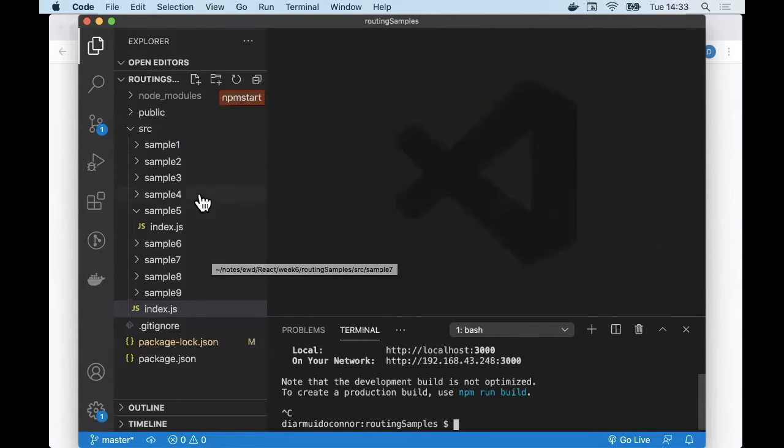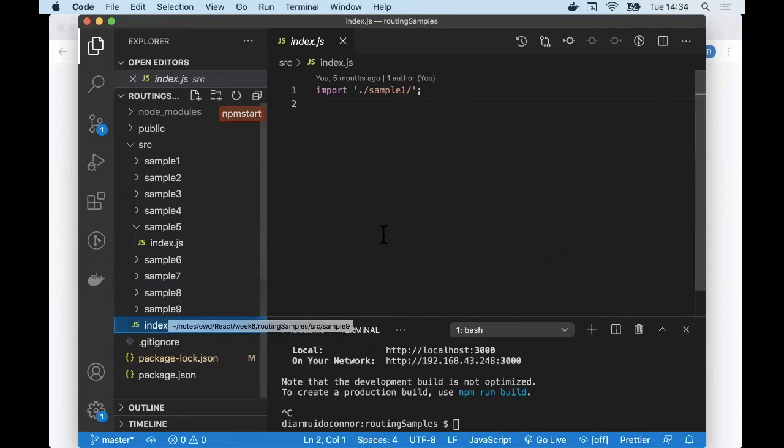What you need to do, if you want to get any particular sample to run, is go into this index.js, which is at the very top of the file hierarchy, and it only has one line of code. You just simply change that to whatever sample you want to execute, save it, and then Create React app will go through its transpilation, etc. So that's the way I decided to structure this stuff. So run npm install and then run npm start. So if I run npm start,